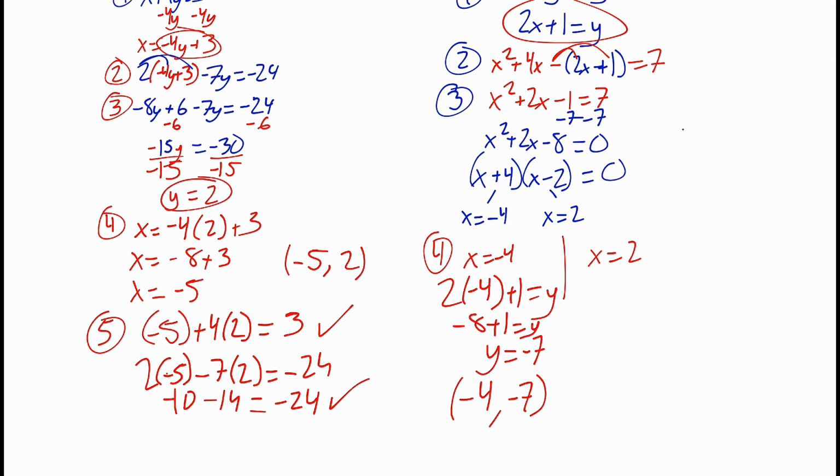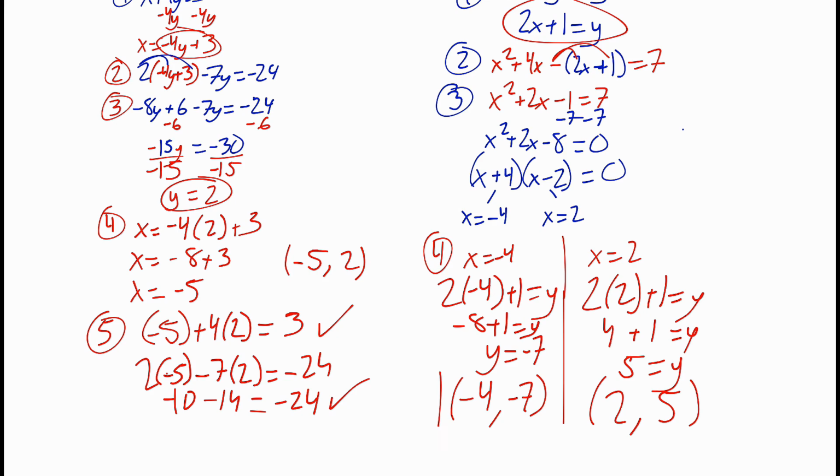For the other one, we're going to do 2 times our x value of 2 plus 1 equals y. So we got 4 plus 1 equals y. In other words, 5 equals y. So the other coordinate is 2 comma 5. Now, for now, I'm going to skip the check your work process just for time's sake. But again, plug those values in, negative 4, negative 7. Plug those into the x squared plus 4x minus y equals 7. And also 2x minus y equals negative 1. Make sure that works. And same thing for the 2